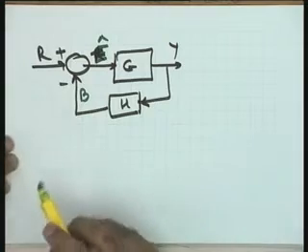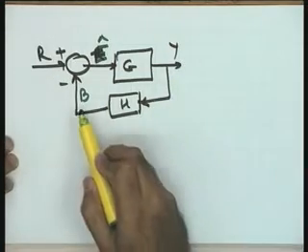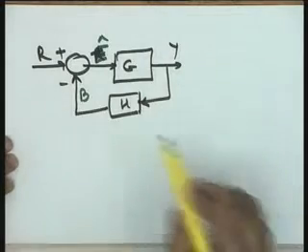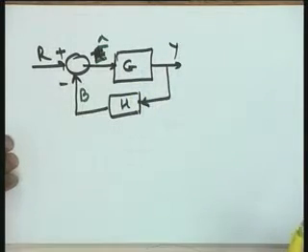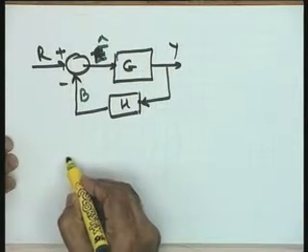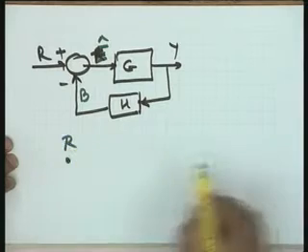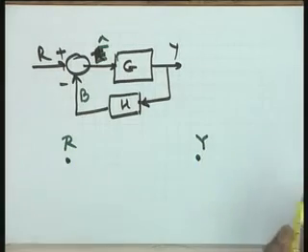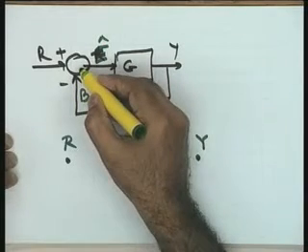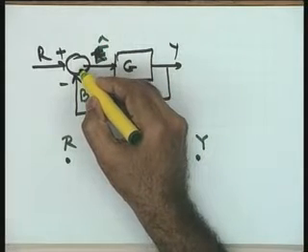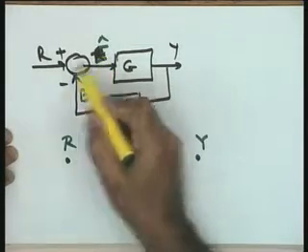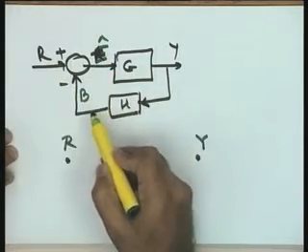So, how many variables are there? R, Y, B and E cap. How many transmittances or how many gains are there? G and H. Okay. Now, let me put it this way, a node R and a node Y. These are the two variables of interest to me directly. Now, this summing point, this is the additional point needed, otherwise the signal flow graph becomes unclear. The summing point gives you a signal E cap, which is the difference between R and B.